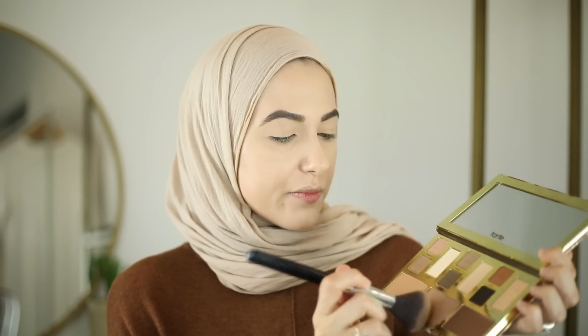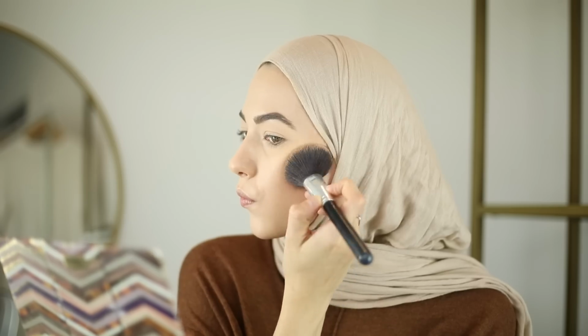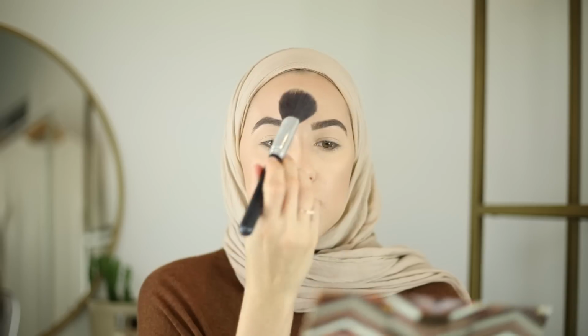I absolutely love this palette because it's all matte. It has some really beautiful warm tones, and it has some pretty cheap colors too. So I'm going to use the shade Desert right here for my bronzer. That was super pigmented, so I'm going to be way more careful on the other side. Just blending this onto the forehead